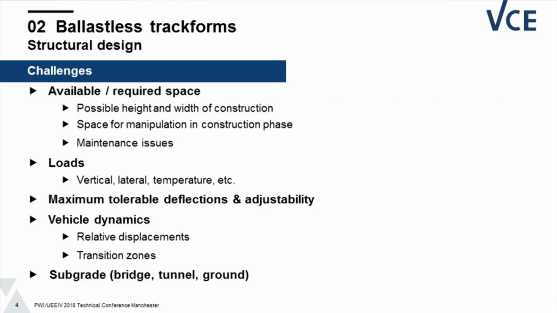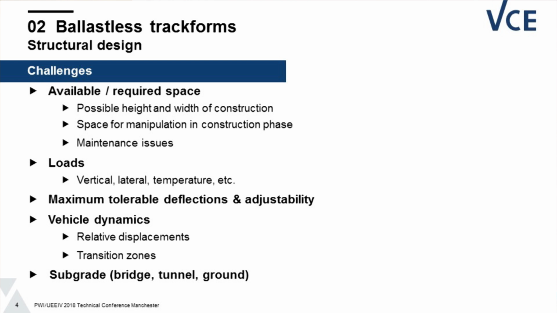And we have also the situation that we have very tight curves in metro lines, and therefore high lateral forces. There, ballastless track systems are sometimes better than ballasted track systems. Also, we have a very small space, especially in the tunnel lines. And all this together leads, as mentioned, to the ballastless track systems. What are the main challenges for such systems? The available required space is one of the crucial things.